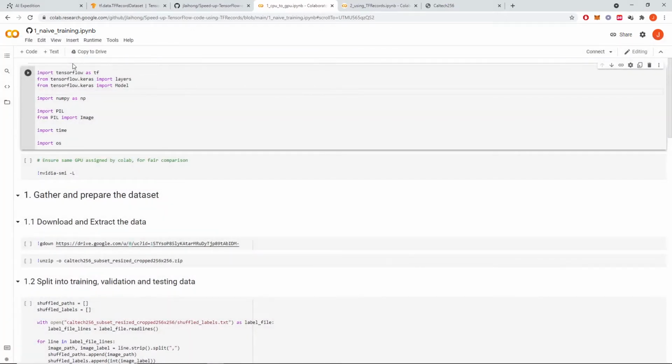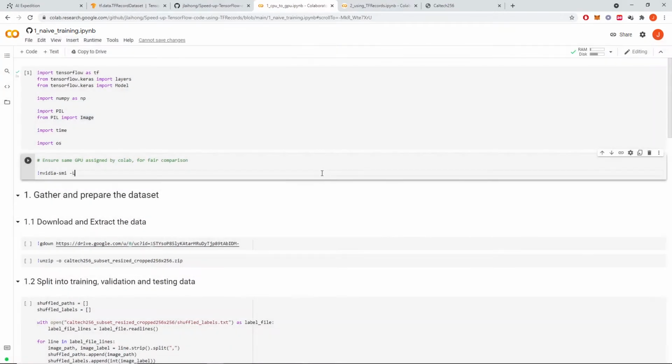Back to the code, you'll see some imports at the top of this file. The first 3 imports are all for building TensorFlow models. We'll make use of NumPy arrays to hold our data before we send that data into our model for training. We've got PIL for loading in our images, and we've got time so that we can see how long the code takes to run. So I'll go ahead and run that, and I'll say run anyways,